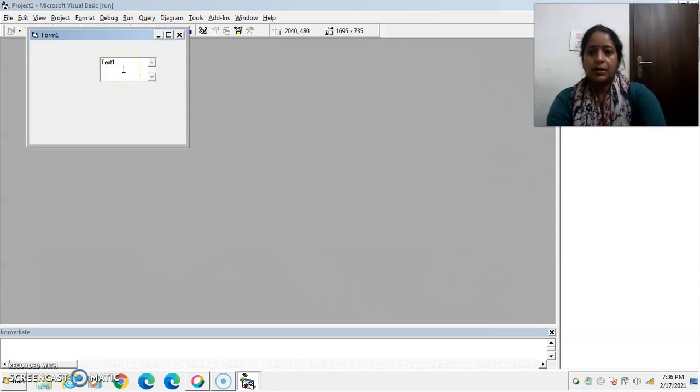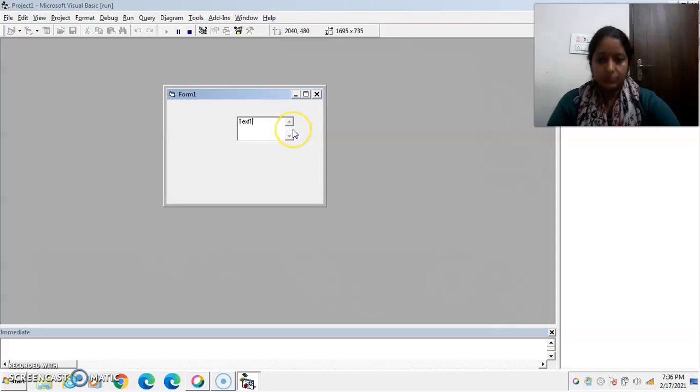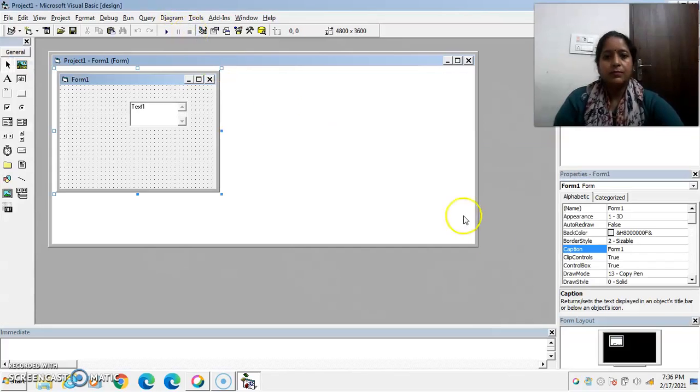We can't delete the text from it. I can't do anything in this text box control because I have set its property to read only. So it is a very important feature.